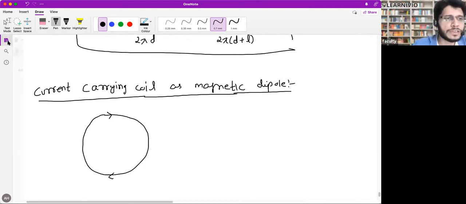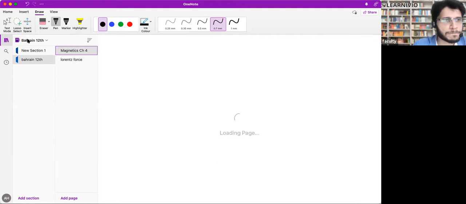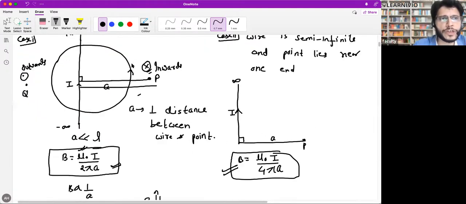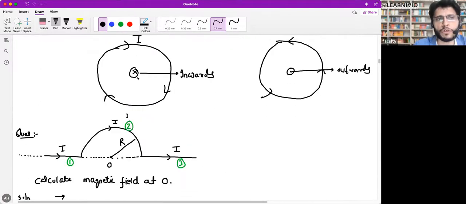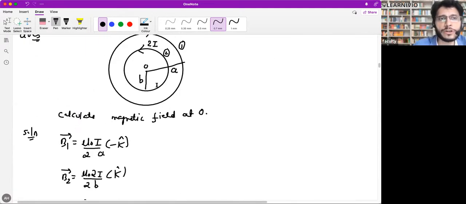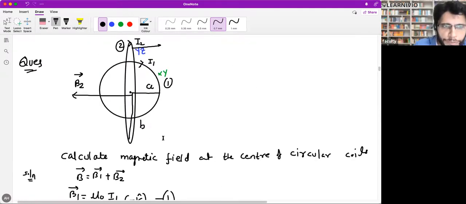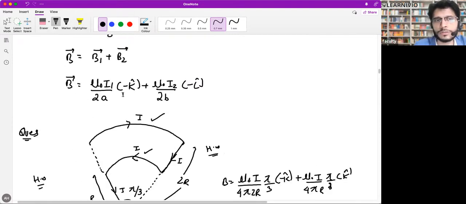In the previous discussions, we have calculated magnetic field due to various sources, like the field due to this type of coil. This coil is a source of magnetic field, Abdullah. So what do you think? Could it be a monopole or should it always be a dipole? It's a dipole. Whatever source of magnetic field you have, that should be a dipole. It could be a circular coil, it could be a semicircular coil, it could be a system of this type.